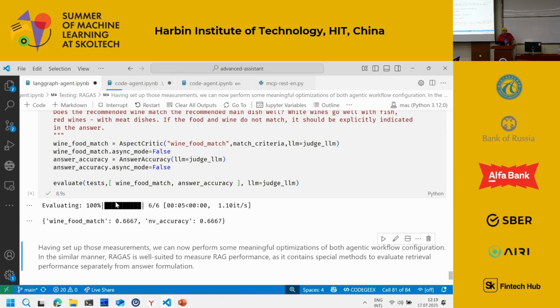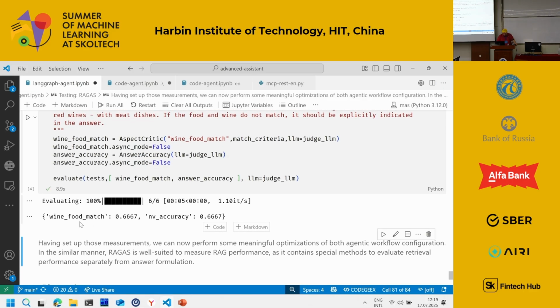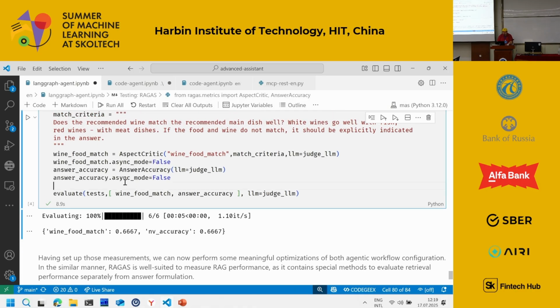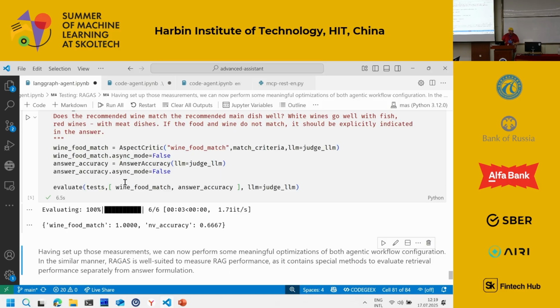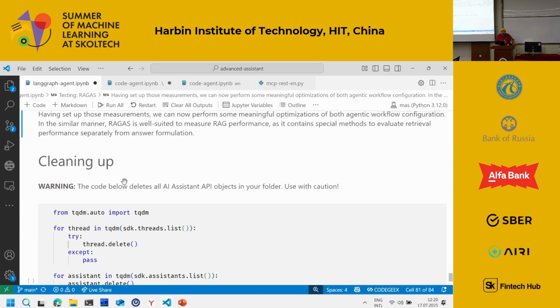And it gives me, perfect, not perfect, what's wrong? Food wine match, 0.667. No, too bad. I want 1. Yesterday I had 1. Now I have 1. Good. You see, you just need to run it again. Well, actually, it's a very good demonstration that LLM is a highly probabilistic thing, right? So if you're using LLM as a judge, sometimes it can judge wrongly. Which one it judged wrongly, we don't know, but yeah.